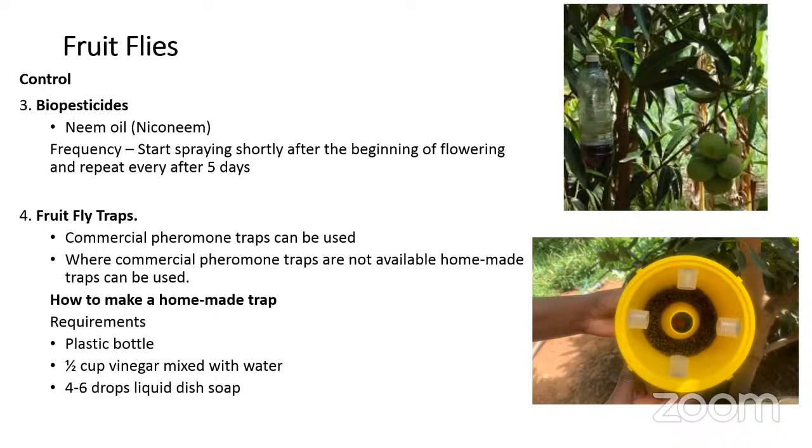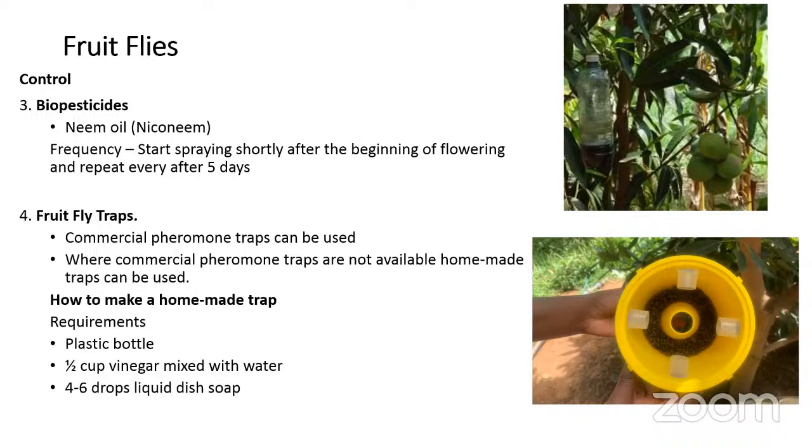The fourth method is by use of fruit fly traps. On the left hand side, I have shown the commercial pheromone trap, which I extracted from one of the postings which Engineer Chiwala posted on the WhatsApp group. In that picture below, it shows this trap with the fruit flies which were captured. Then on top, there is a plastic bottle hanging in a tree. This was extracted from the internet, but where you don't have commercial pheromone traps, you can actually make your own